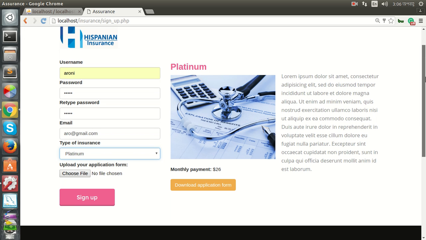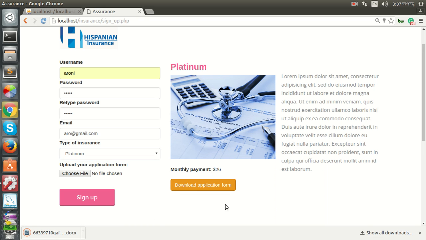Okay, so as per our discussion, users will have to provide an application form. So first, I think he will need to be able to download this application form. If he clicks this, he gets this application that's coming from the database or server, the application file the admin provides. So once he fills up the application form and